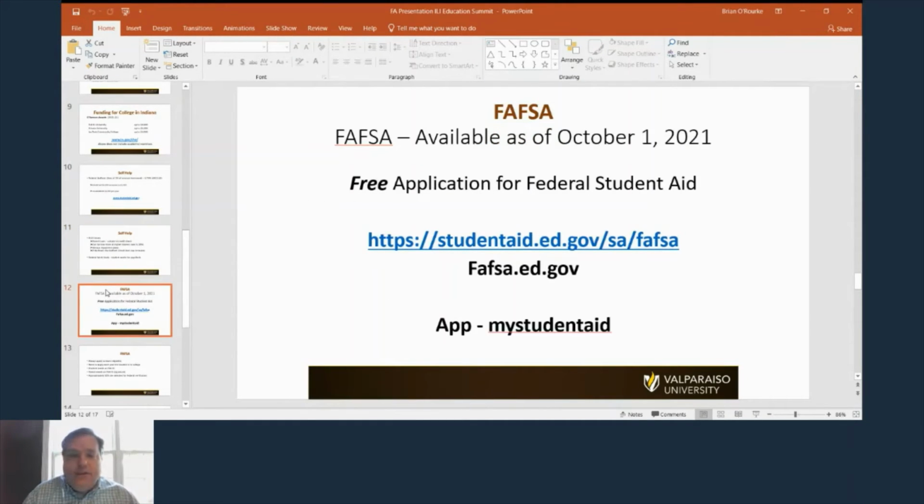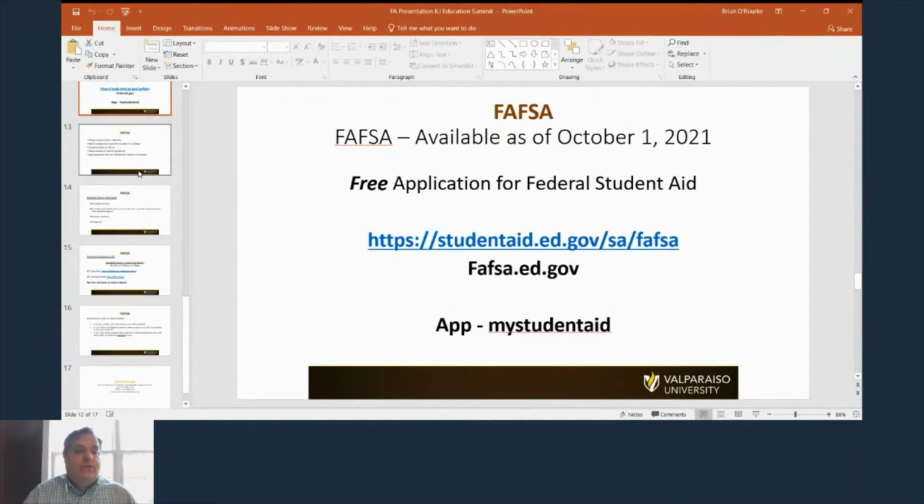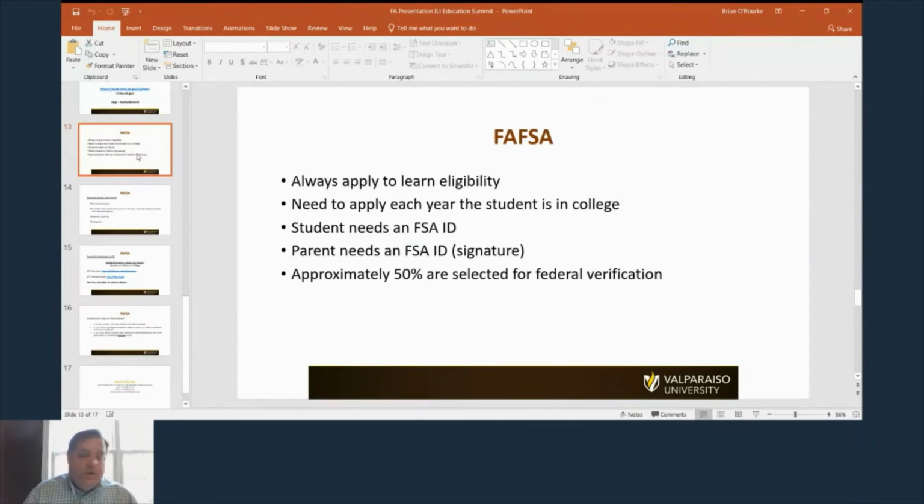The FAFSA became available on October 1. You see here you can apply at studentaid.ed.gov, fafsa.ed.gov, or you can use the My Student Aid app. It's a free application for federal student aid. It just takes time. It does not cost you any money to submit the FAFSA. I always recommend students apply each year so you can learn what your eligibility is. Each year you want to